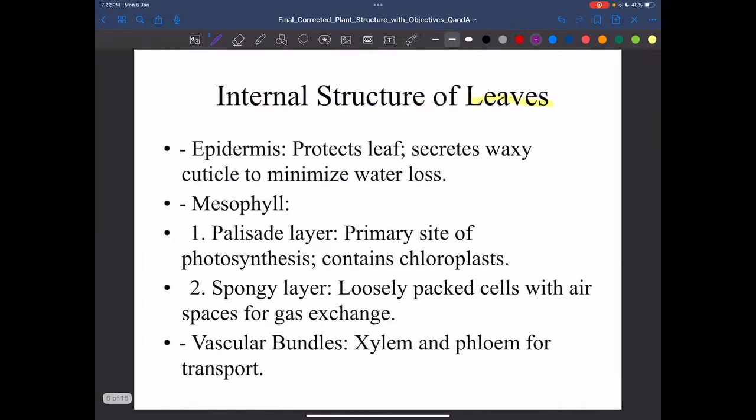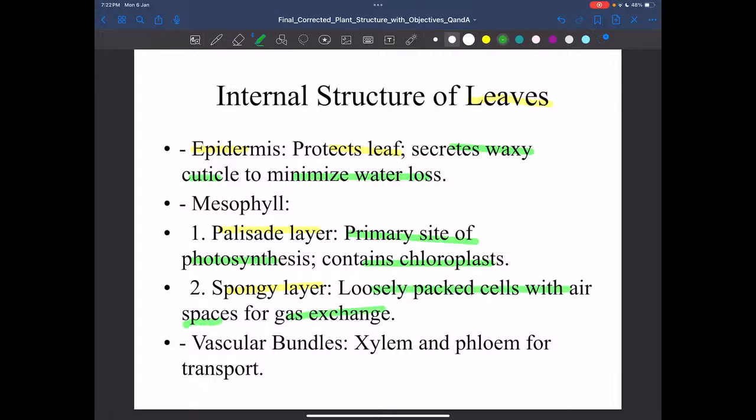So let's go over the structure of the leaf again. We said we have the epidermis. The function of the epidermis is to protect the leaf and also secrete a waxy cuticle to minimize water loss. Then we have the mesophyll layer, which is directly under it, and we said it is split into two parts: the palisade layer and the spongy layer. We said the palisade is the primary site of photosynthesis. Why? Because it contains the most chloroplasts, while the spongy layer is loosely packed with air spaces